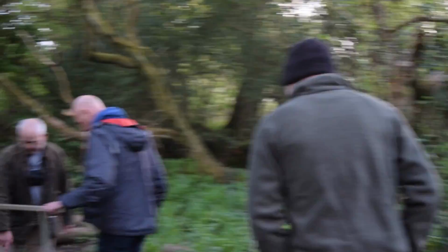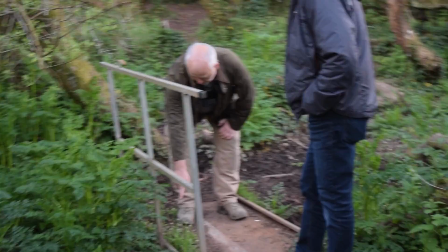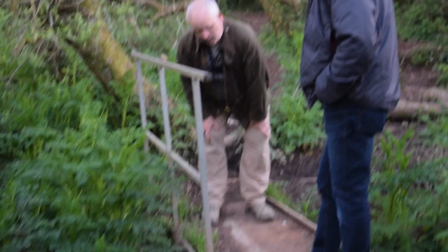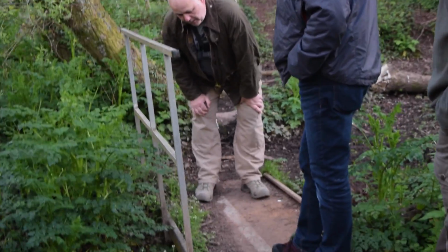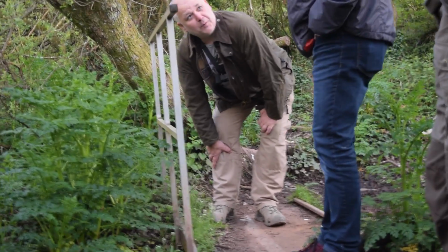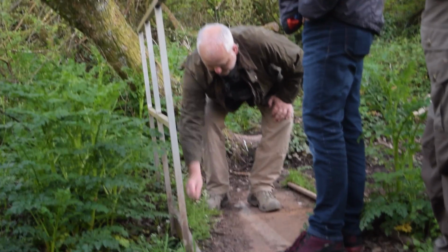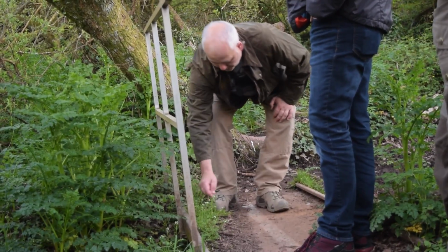If we stop here, this one here is one of my favourites, and this is part of the cabbage family. It's called Bittercress, hairy bittercress. And you know the cress that you buy from the supermarket, you know, you cut and come again. Well, I mean this, have a...